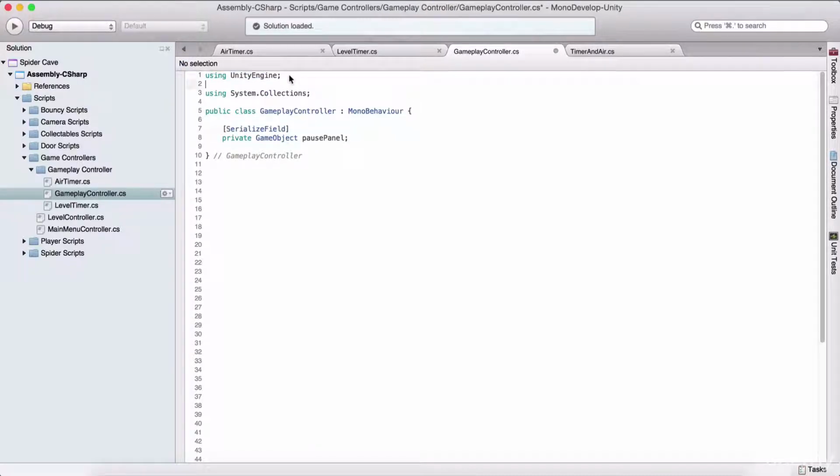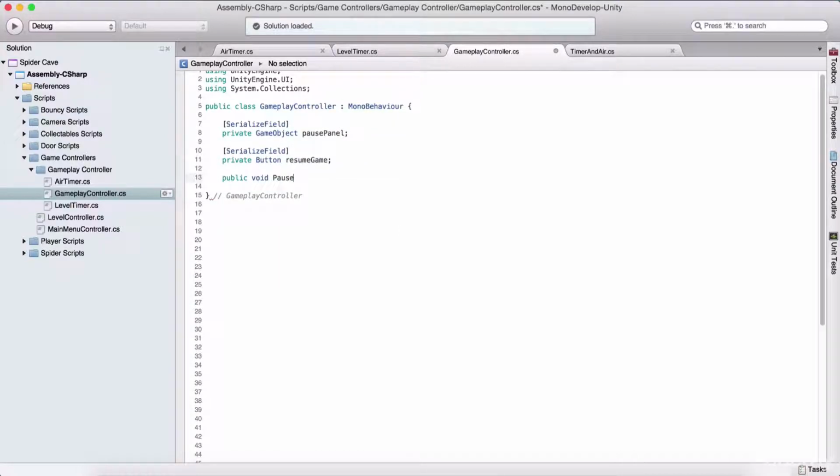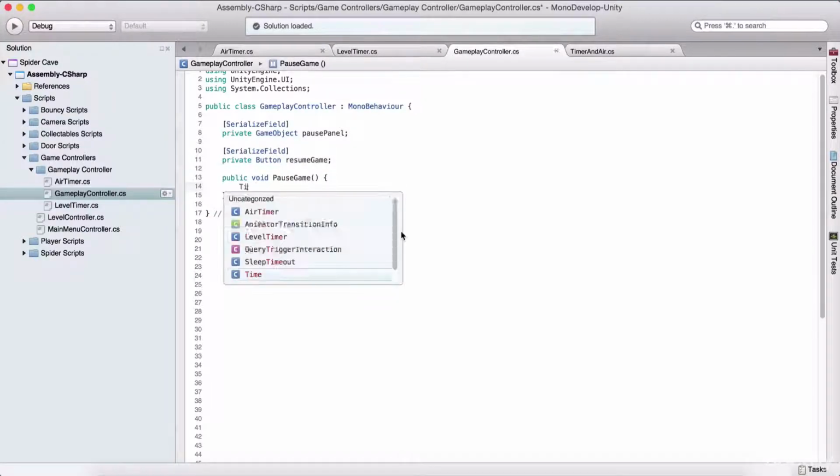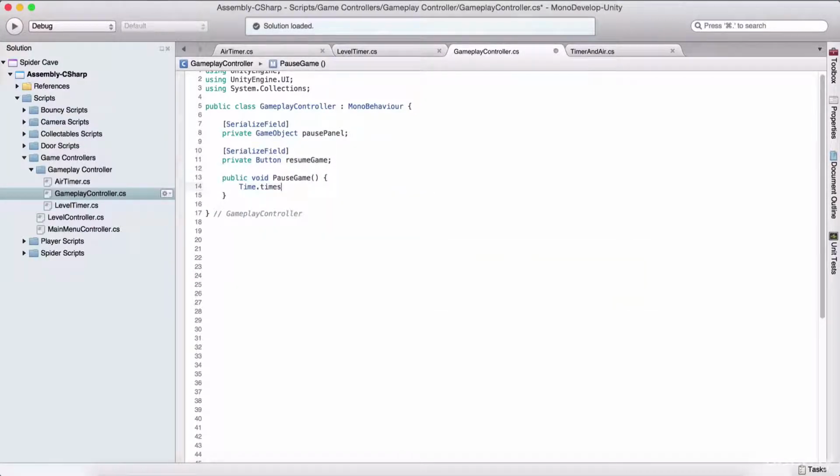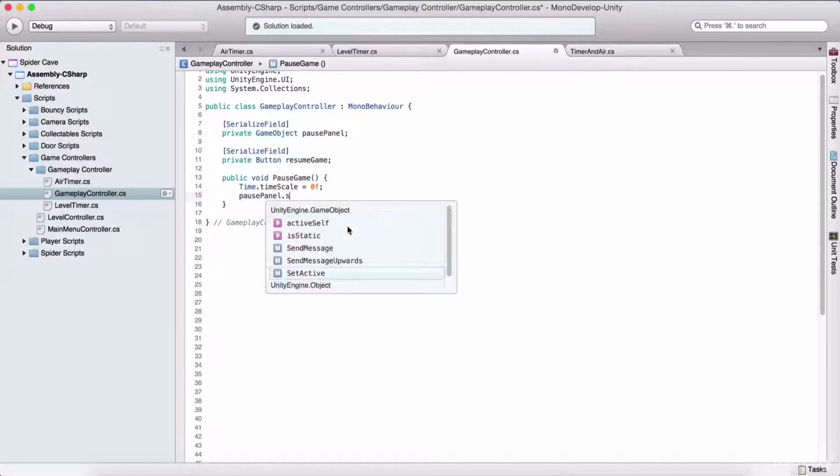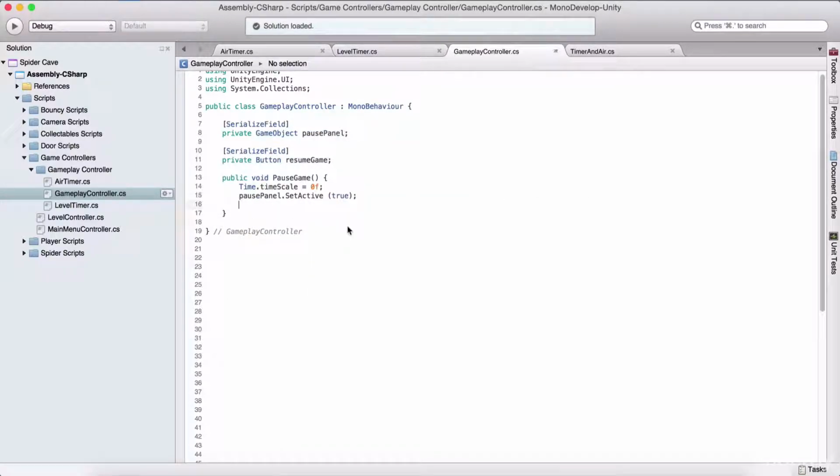And we also need to type here using UnityEngine.UI because we need a reference to a button. So here I'm going to say SerializeField private Button. This is going to be our resume game button. So here we are going to have public void functions. The first one is going to be pause game. And when we pause the game, we want our Time.timeScale to be equal to 0 because everything needs to stop. We are also going to show our pause panel, so SetActive is equal to true